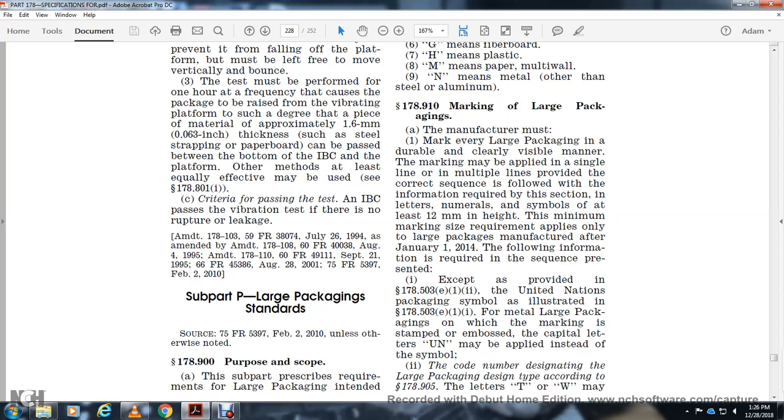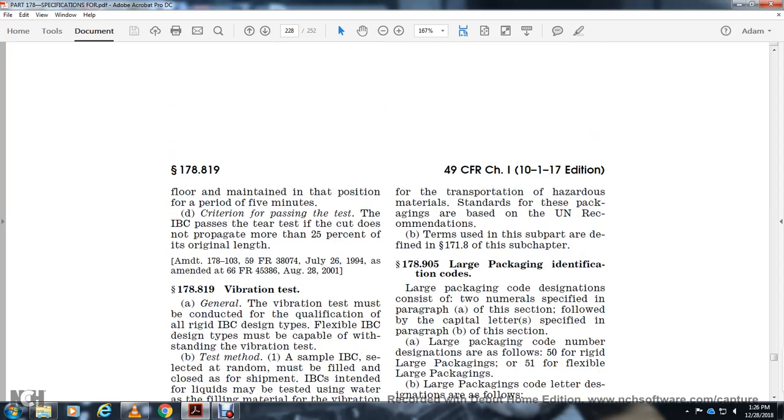Alright, subpart B, large packaging standards, 178.900. Purpose and scope: this subpart prescribes requirements applicable to large packagings intended for the transportation of hazardous materials, and the packagings are based on the UN recommendations. Terms of the subpart are defined in 171.8 of this subchapter. 178.904, large packaging identification code: the designation code consists of two numbers specified in